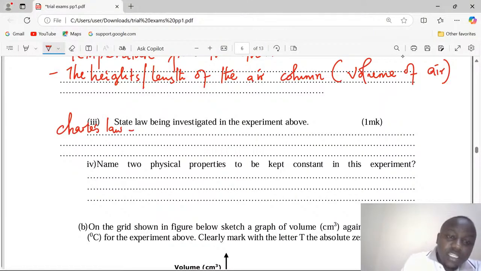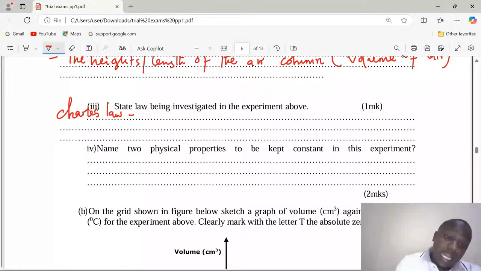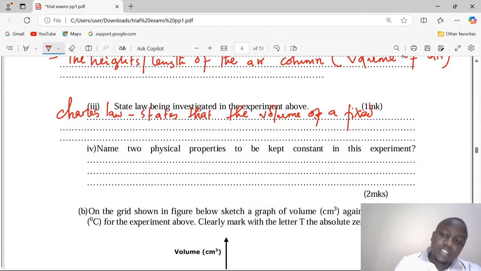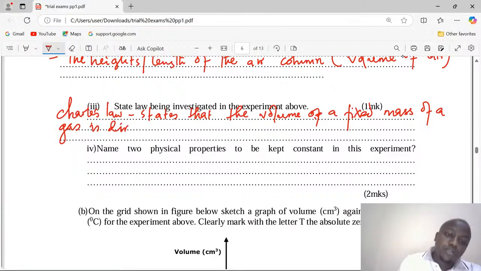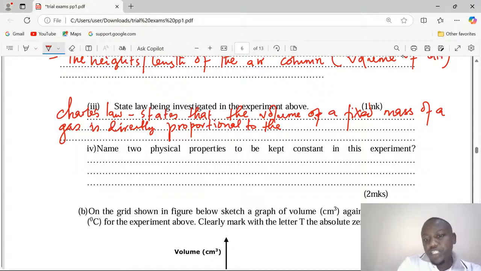So to state it, it states that the volume of a fixed mass of a gas is directly proportional to the absolute temperature of the gas